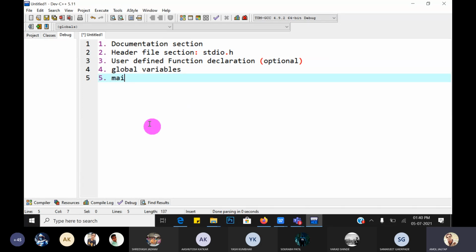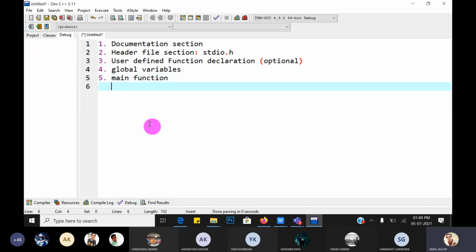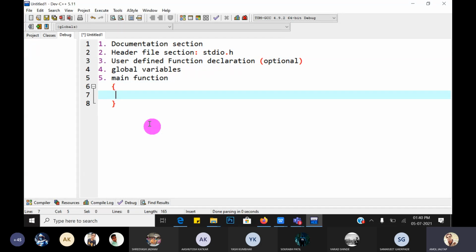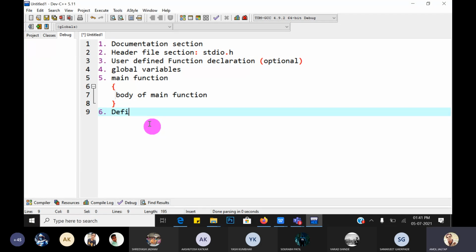Next, the main function. Then we have to write the main function, and inside it, the body of the main function. And last, sixth, the definition of user defined functions.